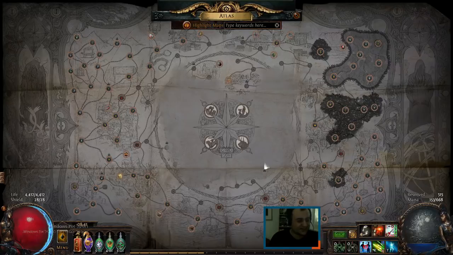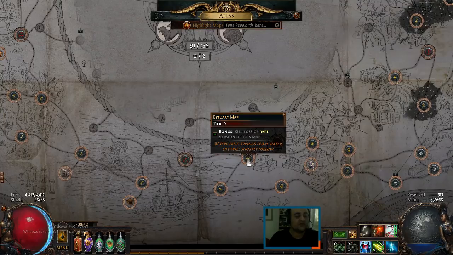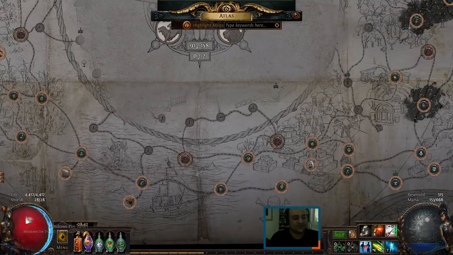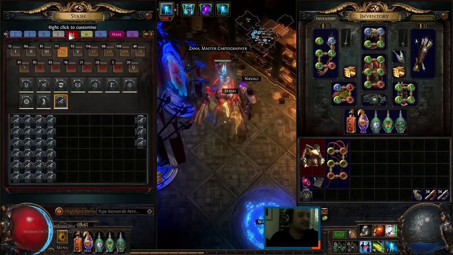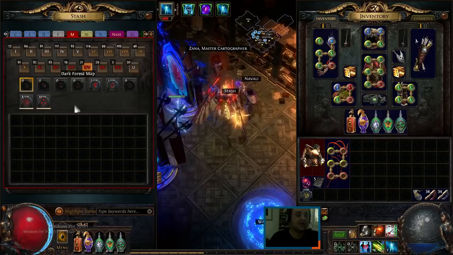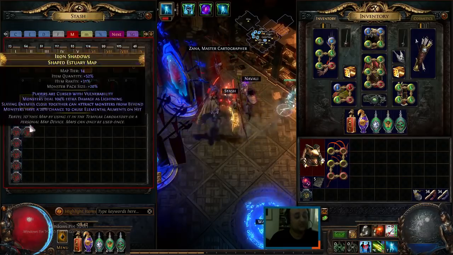It was kind of a weird thing, but we ended up getting all the Sextants that we needed. We farmed, and yeah, we got everything done. Now, this is a Magic Find bow build with not the highest survivability. I started this league keeping the Estuary map in mind, so I actually did shape it initially,